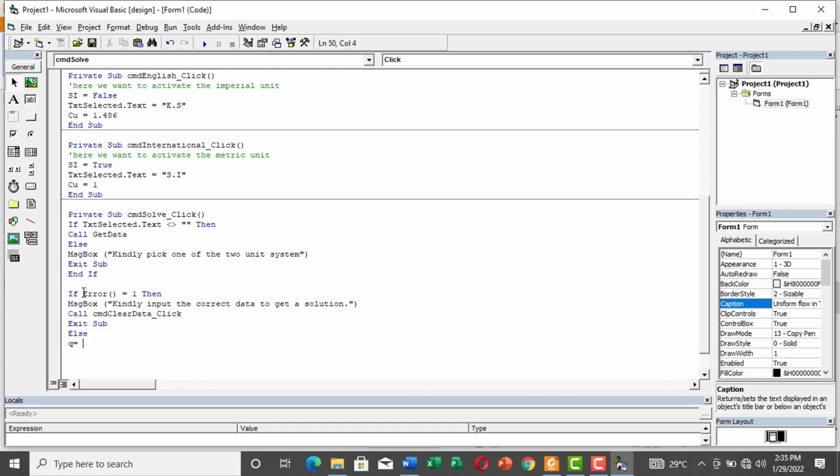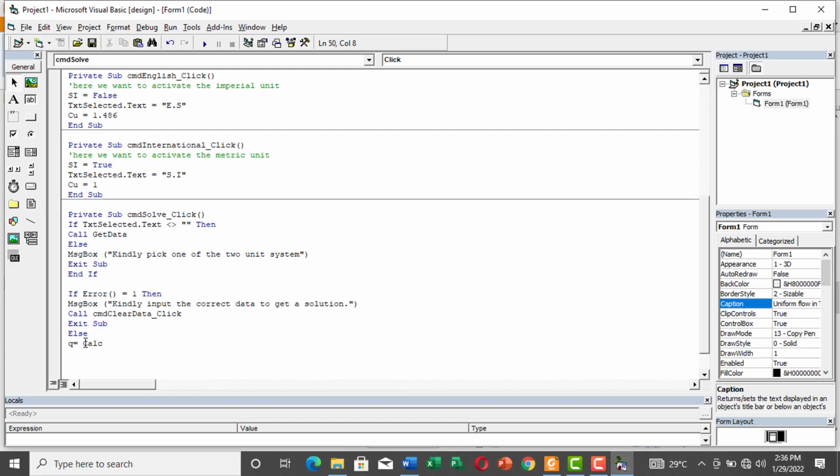Another one is, okay, if you have error 1, I believe you know what error 1 is. I say this pop-up should come up. But what if you don't have error? Then you should solve your question now. All right, and what do you want to solve? Q. So that is why I'm having this. So I'm bringing a function. Q is equal to what? Q equals to, let me say,